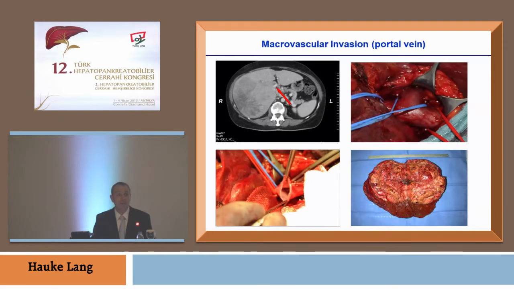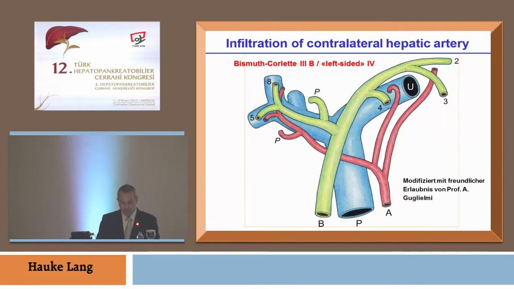This is HCC with the tumor thrombus in the portal vein. And for all of you who do liver transplantation, they all know that it's not a problem to resect this, to remove the tumor thrombus out of the portal vein and do portal vein resection. Things become more difficult, for instance, when you go to hilar cholangiocarcinoma. In hilar cholangiocarcinoma, if you have a 3B or 4